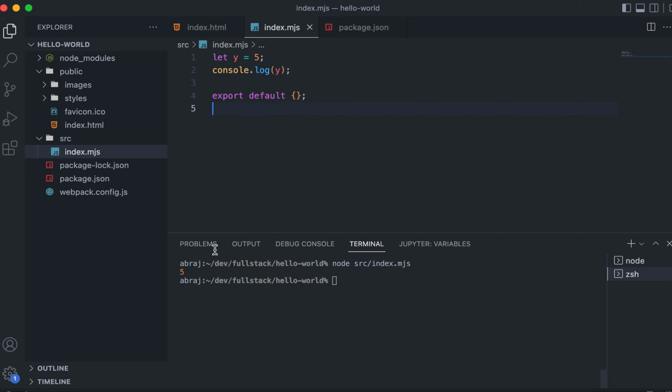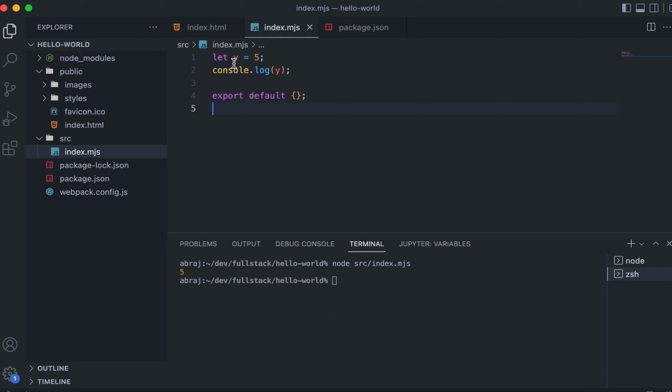In fact, there are ways to run this with the .js extension also. If you change the extension to .mjs, then by default Node.js assumes that it can be a module, so that is not a big deal. But if you are using simply .js and you also want to use modules inside, then there are ways for that, which we will discuss later. Right now just understand that there's something called module which we'll discuss later, but the point right now is just if module things are there, then